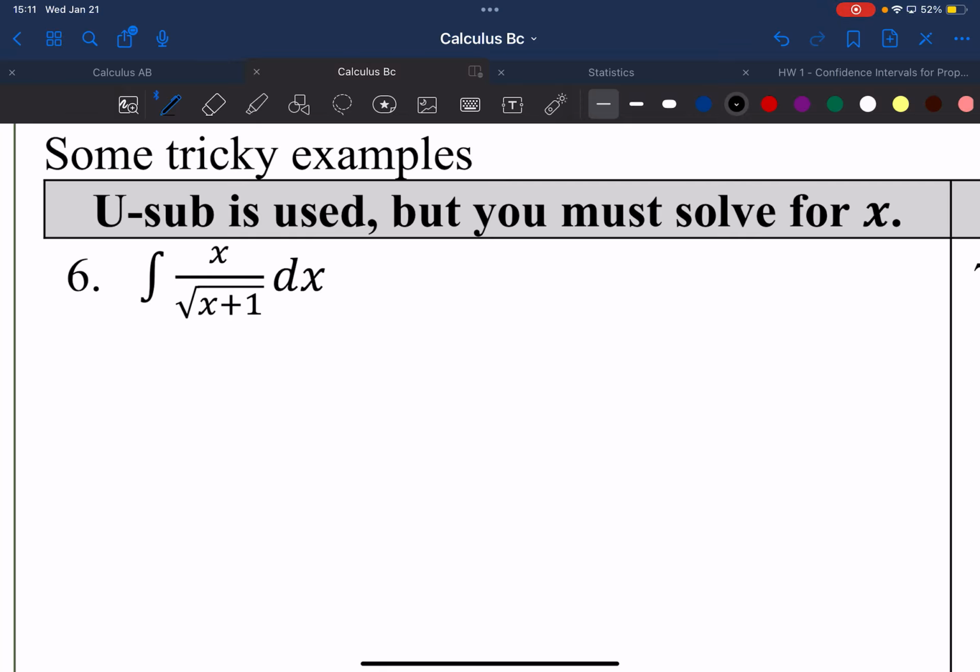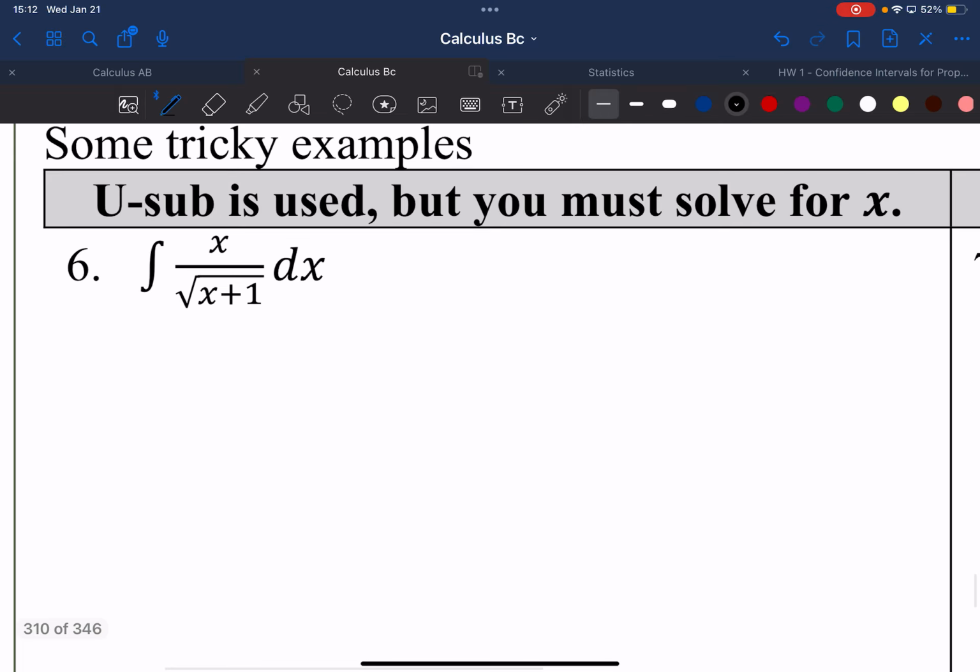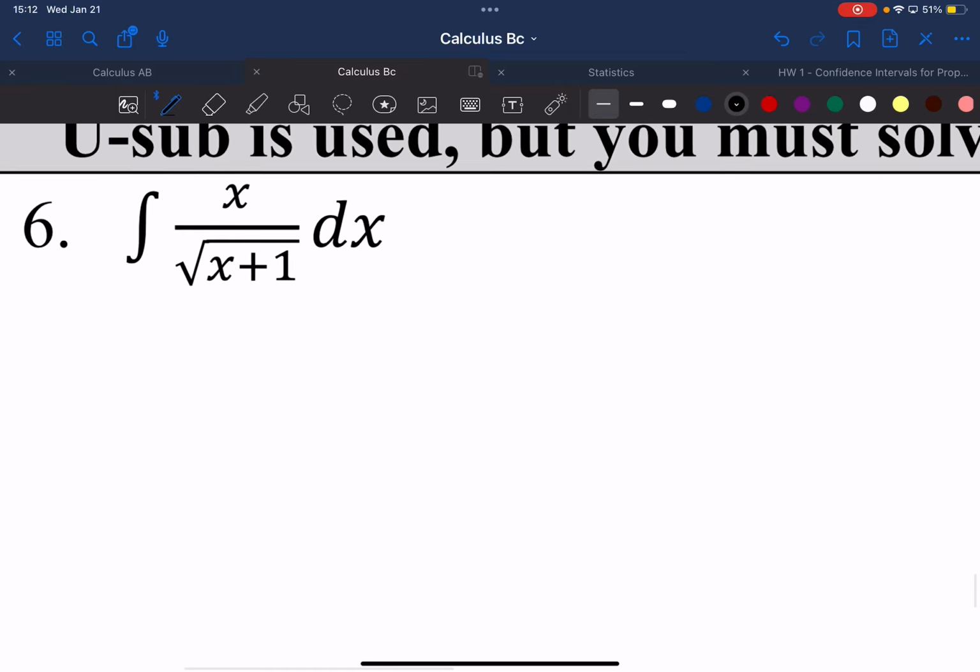Okay, so now it says tricky examples. The first tricky example, it says, when we use u substitution, we'll have to solve for x. What that means is when we use the u substitution, we're going to find out that we're not going to cancel out an x. So we're going to have to go back to the u substitution, individually solve for x, and plug it in. So, looking at this example,